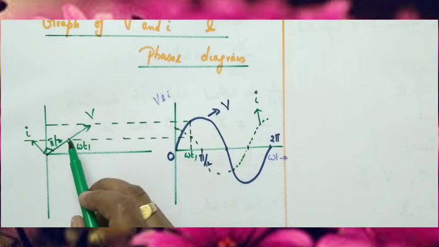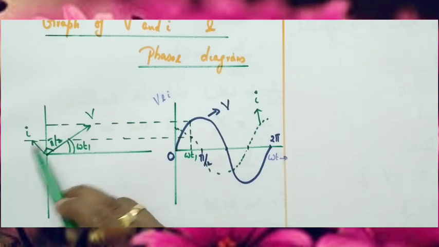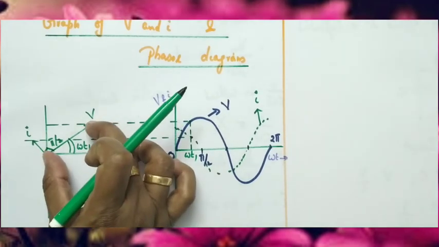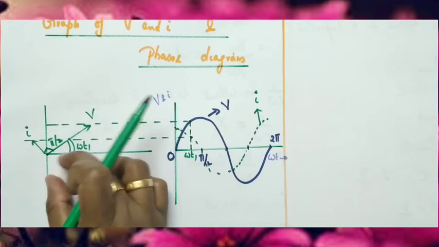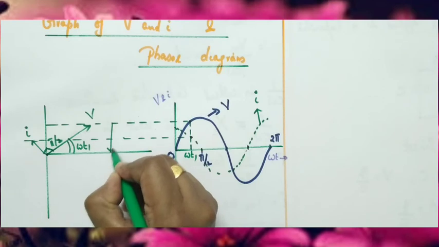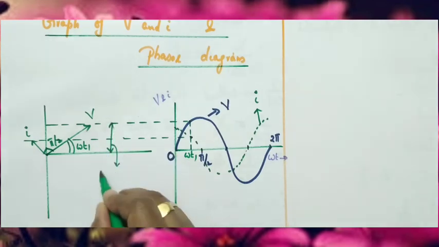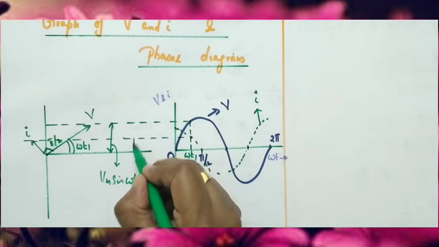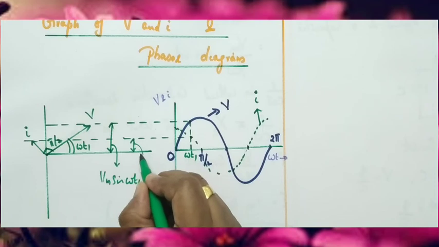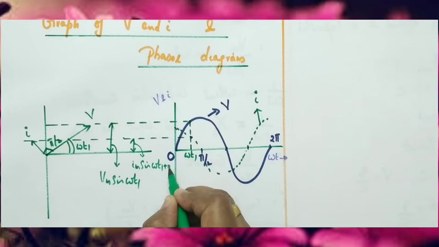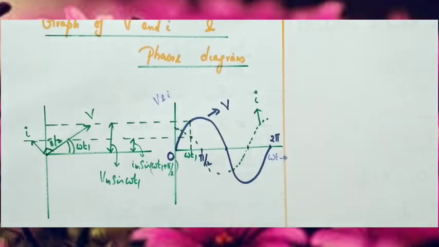So what does it mean here? From the phasor diagram it is clearly explained that current leads voltage by an angle pi by 2. The magnitude of the voltage phasor is Vm and here this is Im, and Im is less than Vm. And this is called a projection. Here the projection is, what is this one? Vm sine omega t1, and here this is current. And the projection of current is, what is this value? Im sine omega t1 plus pi by 2. Clear children? Okay, so this is the method of drawing the graph and the phasor.